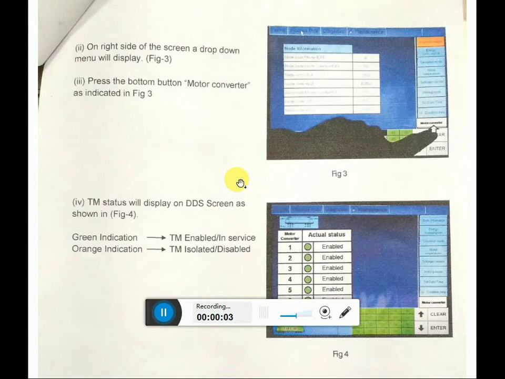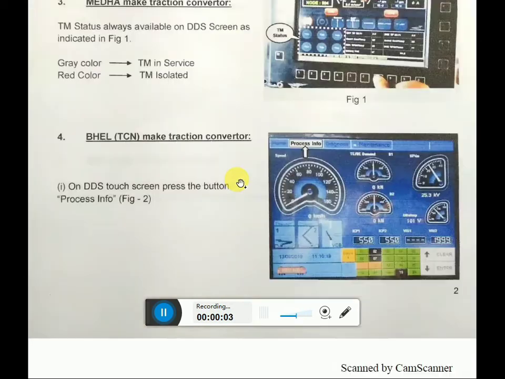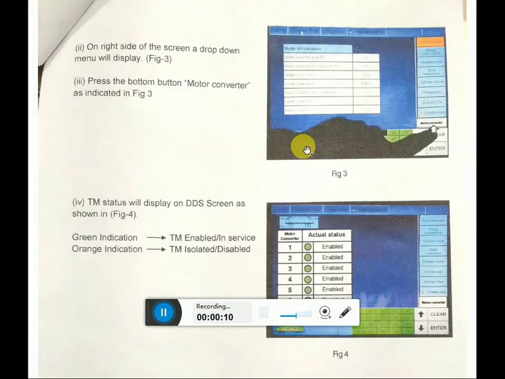For example, for knowing the traction motor isolation, first we have to touch process information icon. Now on right side of the screen a drop menu will display. Press the button motor converter.